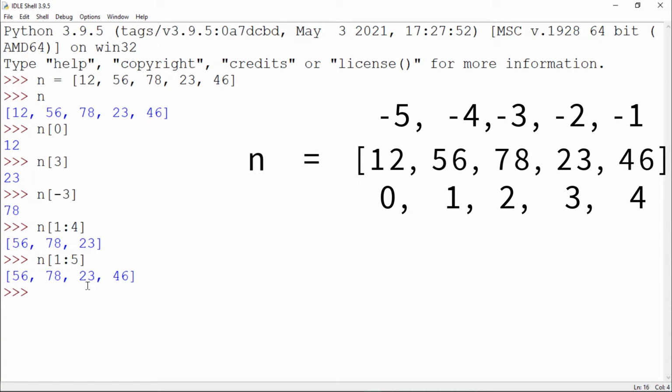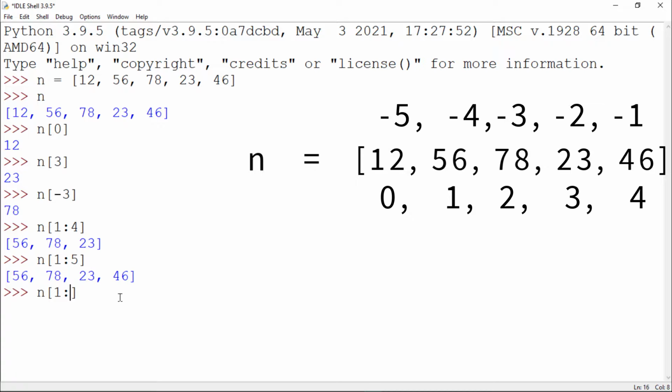So one more option is to fetch 56 and onwards, okay? This is also 56 and onwards till the end of the list, but there is also an option. So what I will do here is give the square brackets again, and now I want from 1 onwards, then I will stop. So what Python will do is continue the journey of fetching the values, and it will end when the list ends.